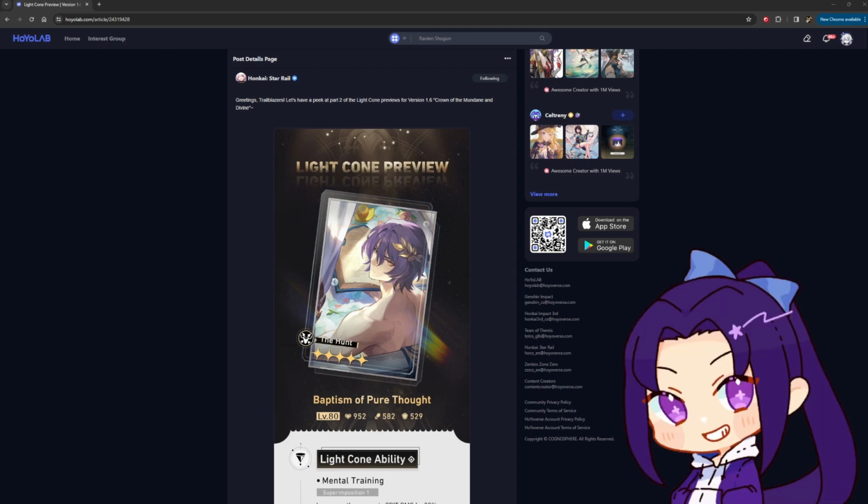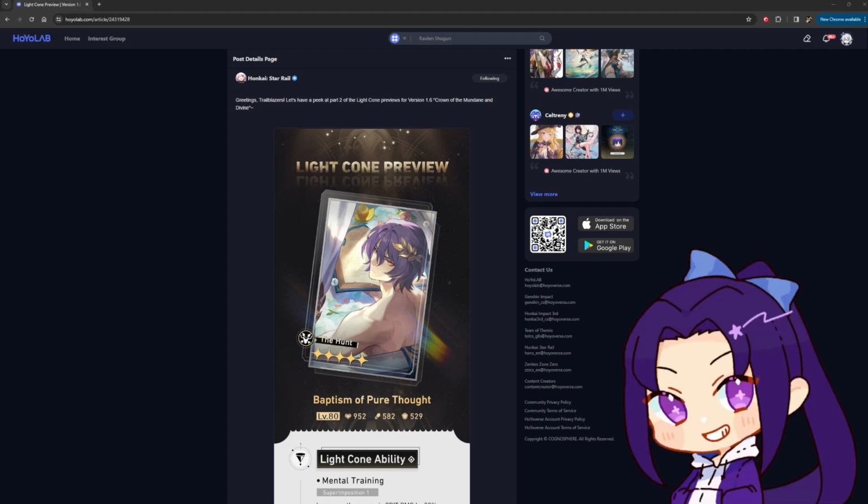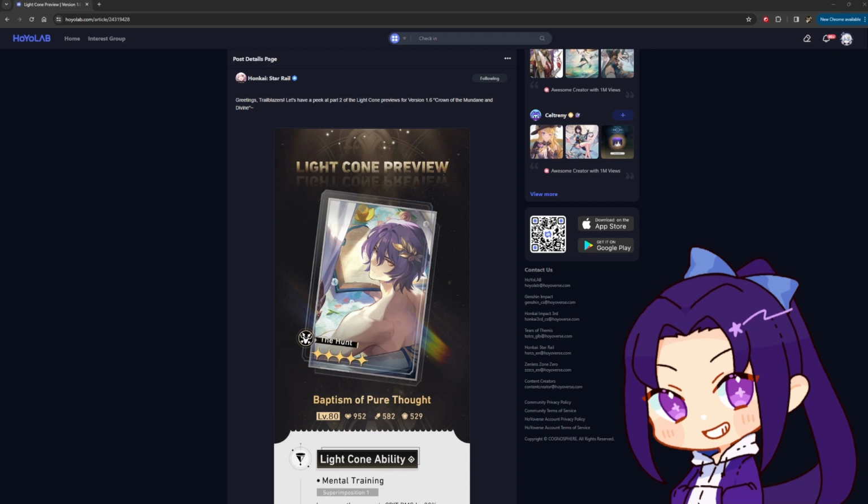So as you can see, we have Dr. Ratio's signature light cone, Baptism of Pure Thought. The stats that it has at level 80 are going to be HP 952, Attack 582, and Defense 529. Now, this is very standard when it comes to your signature light cones, with the exception of the HP and the defense. HP is slightly lower than your average, and your defense is a little bit higher than you're used to seeing,